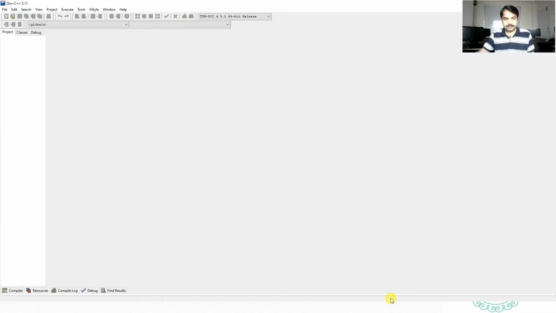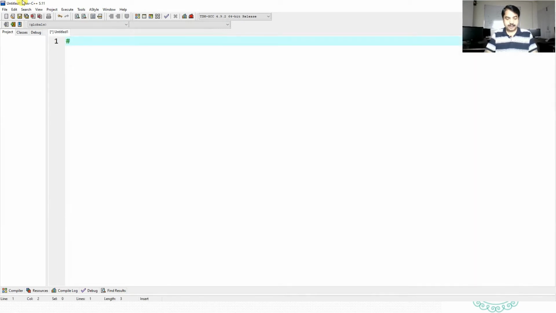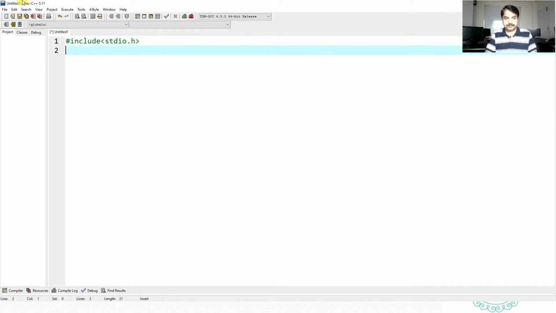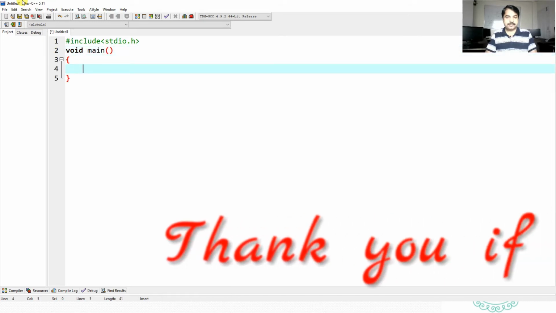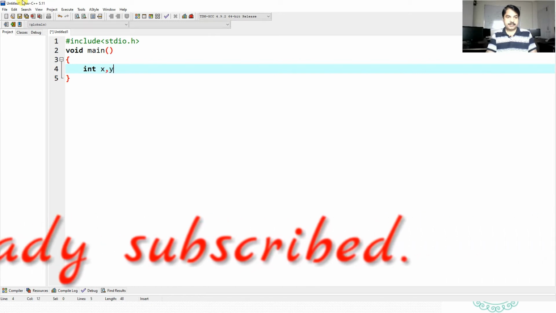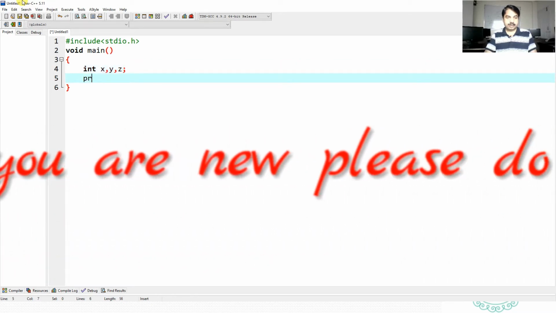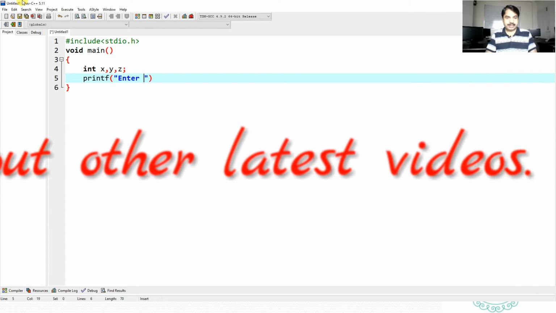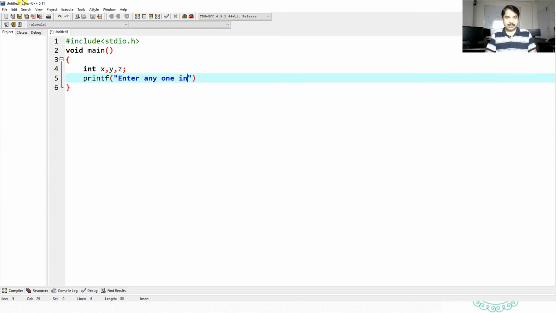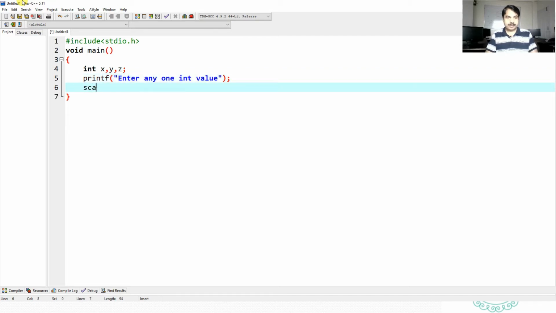We get the output. Now a practical example: #include <stdio.h>, void main, then declare the variables int x, y, z. Now take input through the printf function. printf("Enter any one int value"), scanf("%d", &x).